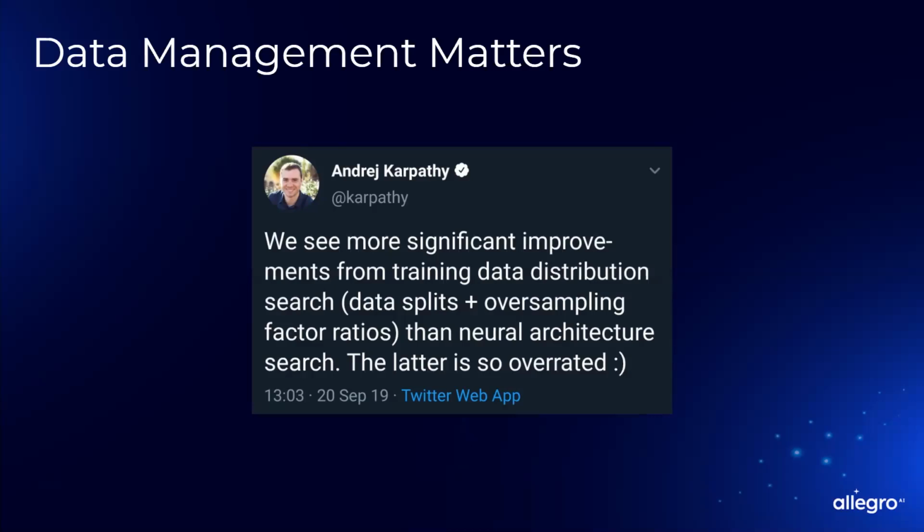We see more significant improvement from treating the data training distributions than doing all of the model architecture searching. So you should just take an off-the-shelf model, deal with your data problems, make sure that you have a good data set. Then you can start trimming, changing, I don't know, distilling, whatever you want. That's a guaranteed route to project success.